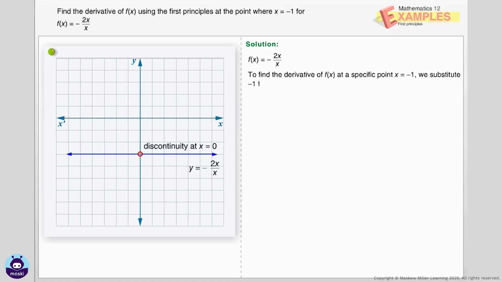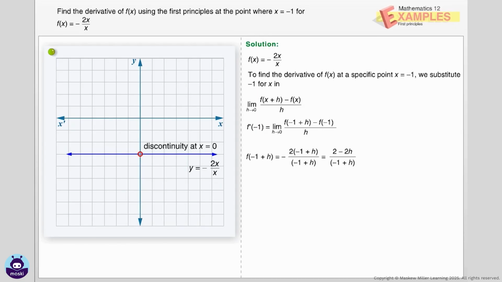To find the derivative of f of x at a specific point x equals -1, we substitute -1 for x in the formula. We know f of -1 plus h equals 2 minus 2h over -1 plus h, and f of -1 equals -2. Substituting for f of -1 plus h and f of -1 in the above formula, we get, consider the